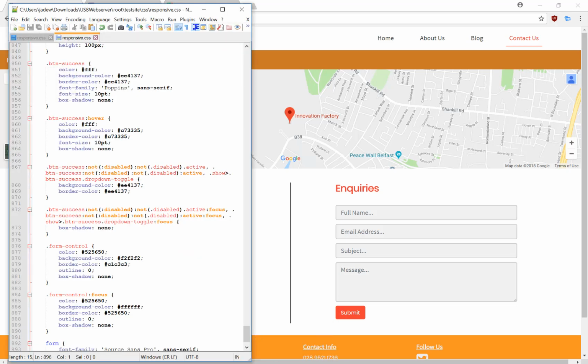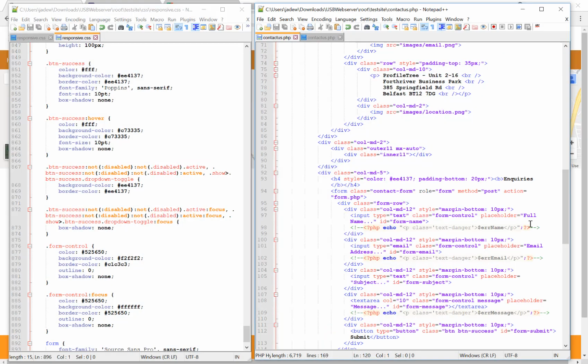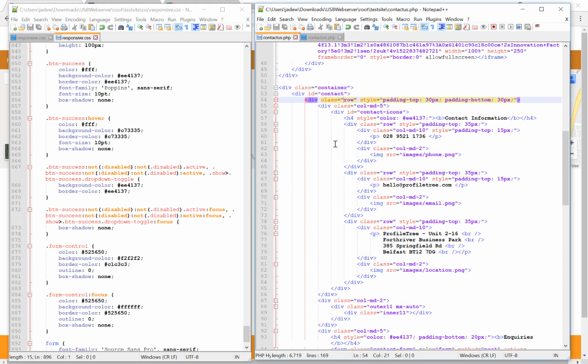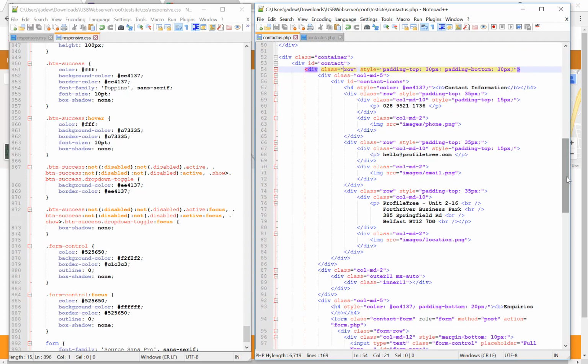So back into the code here. The contact details are all in one row and they are separated into 3 columns. The contact information column and the inquiry form column are both a width of 5. And then the center column is a width of 2, just to insert that vertical line which separates the 2 sections. The contact information section is just the paragraph text followed by the image relating to the text, which I